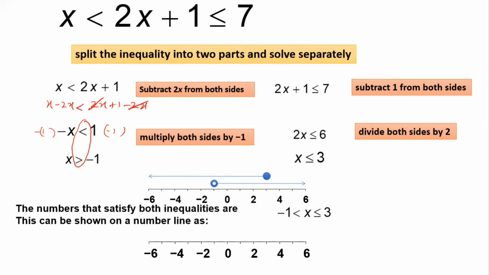Come on, try this yourself and check your answer. At minus 1, will there be an open circle or a closed circle? At 3, will there be an open or a closed circle? Yes, so this is minus 1, and this is your 3. If you are asked what is the smallest integer that x will take in this inequality, the smallest integer is going to be 0, because minus 1 is not included, and the largest integer is going to be 3. Understood, children?